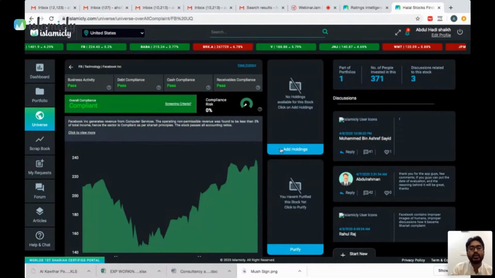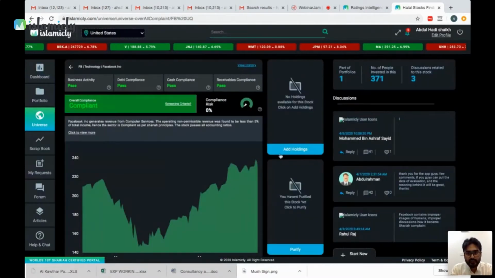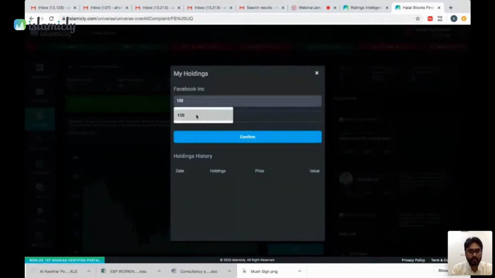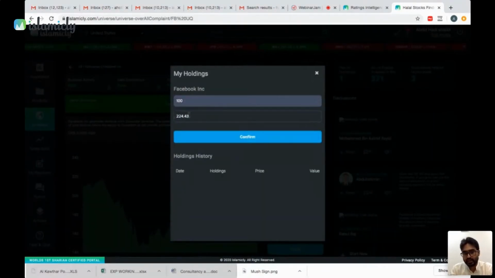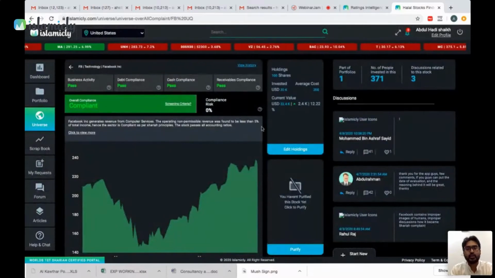Now, let's say you want to invest in this stock. You can't do it over here, but you want to add holdings on this stock. You can just click on this part, add holdings. Let's say you want to add 100 stocks. It fetches the current price. If your buy price was different, let's say your buy price was $200, you just say confirm, and it shows you that you have 100 shares in this now.